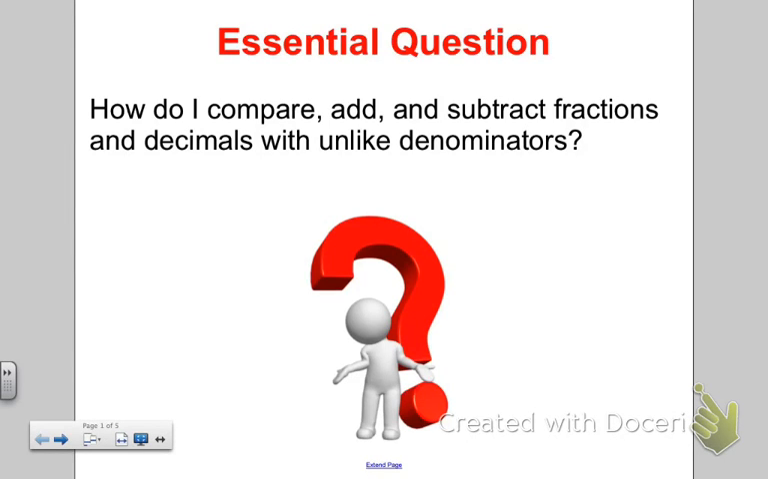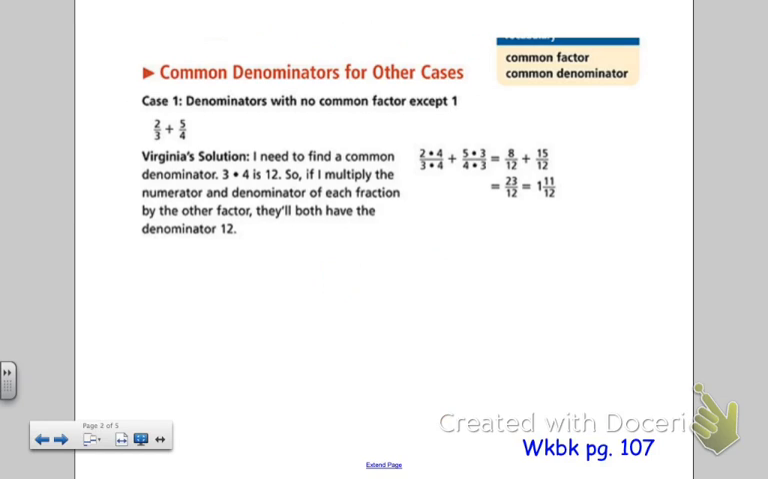In lesson 3-8, we're going to answer the question, how do I compare, add, and subtract fractions and decimals with unlike denominators? This is the same essential question as lesson 3-7, but you will see there's a couple differences. What we are encountering in this lesson is, again, having to find common denominators, but it might not be as